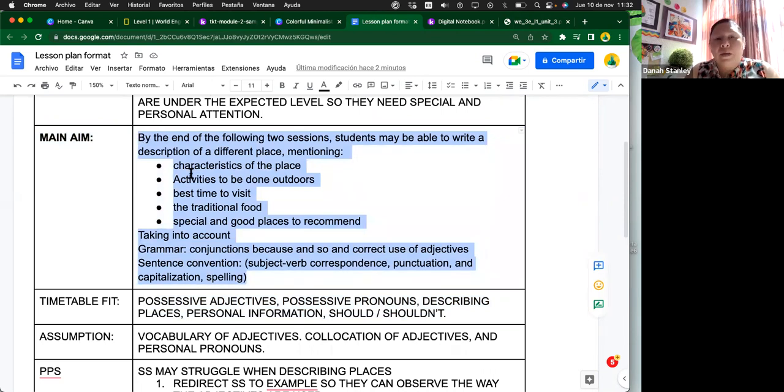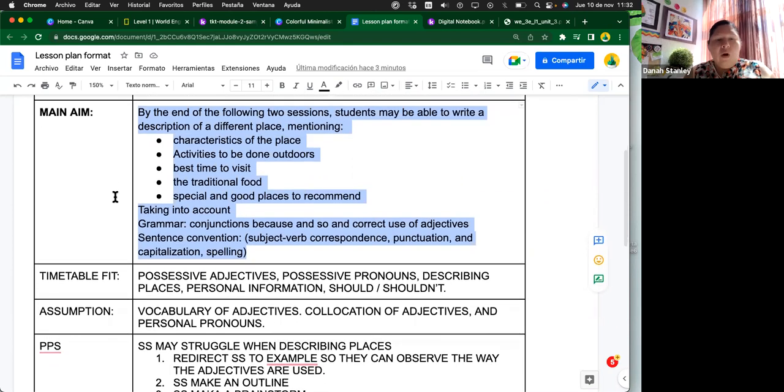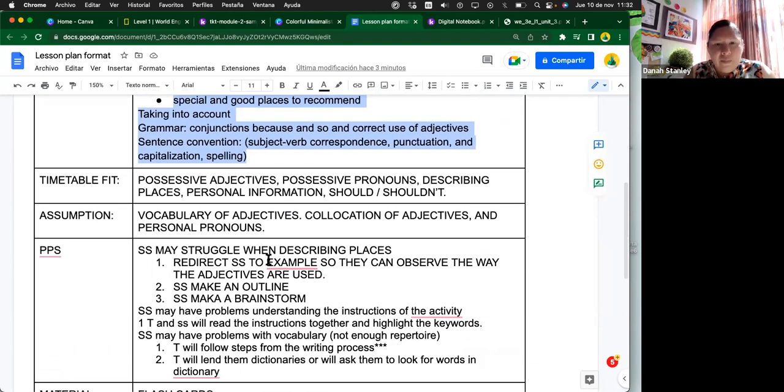Because I can commit the mistake of having a main aim, pero la assumption es de otra cosa, pero el possible problem es de otra cosa, y así. Entonces así ya estoy uniendo todo. Ya, I already have all the information in my hand, and now I'm going to organize. That's why I wrote the main aim at the end. So I have very clear the information